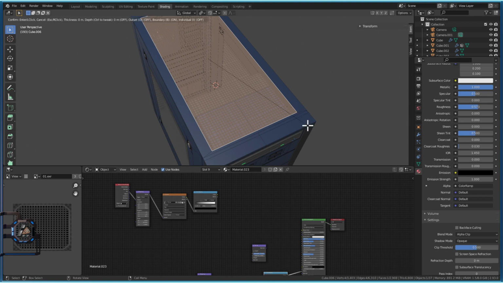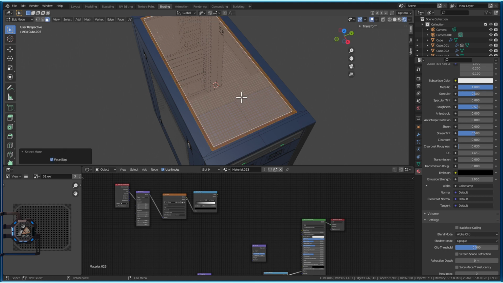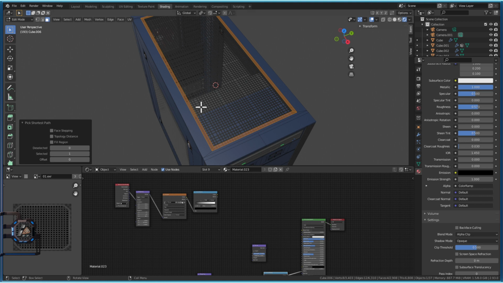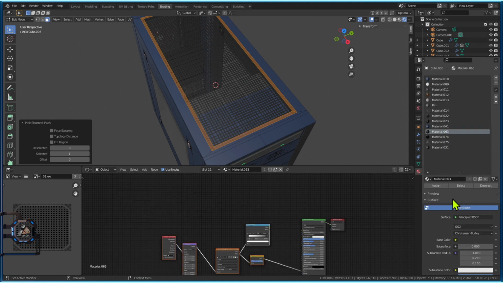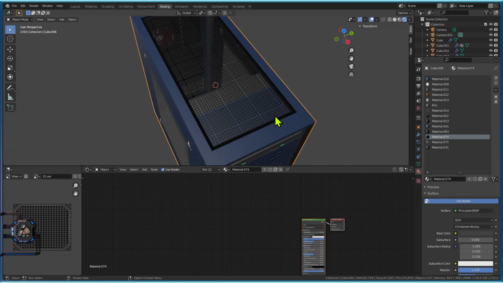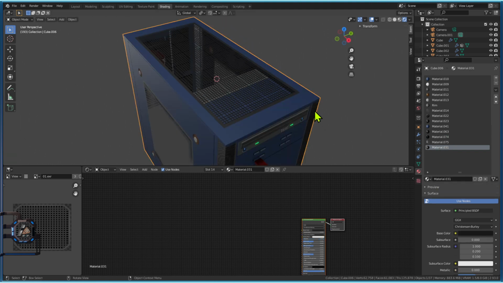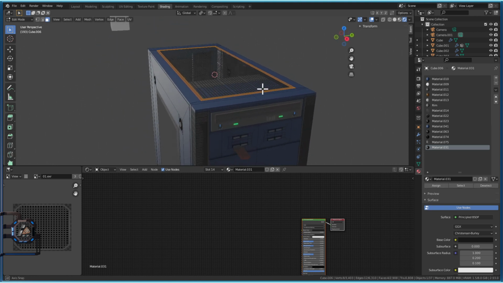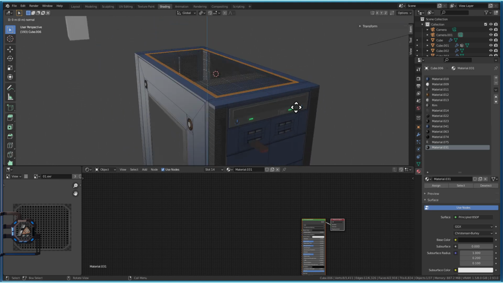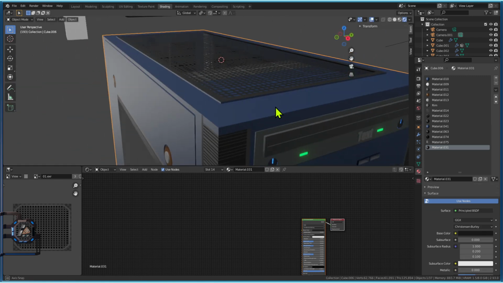I'm gonna press I for insert faces, plus Ctrl plus, and then this one we deselect. So the rim we're gonna make black. It's easy to do it in this way. This one maybe is a little bit too black. This one is better. Okay, and we need a little bit of depth. Extrude, just slightly, so that it looks a little bit like